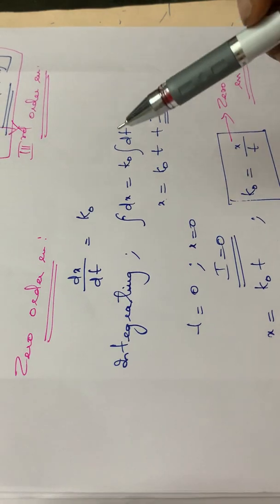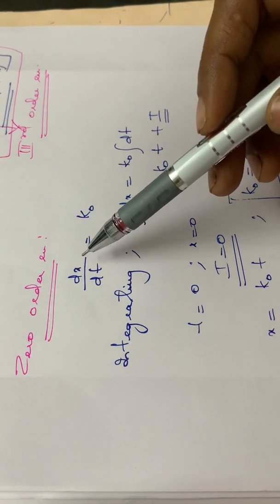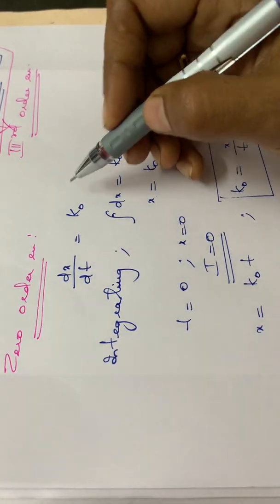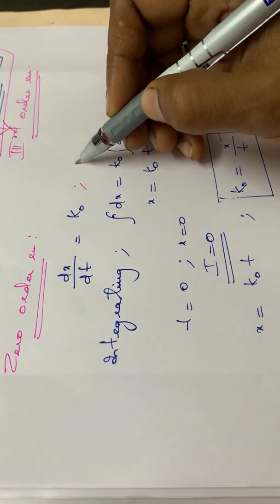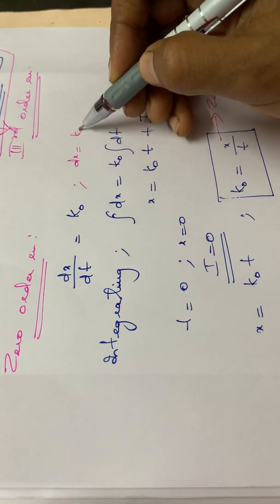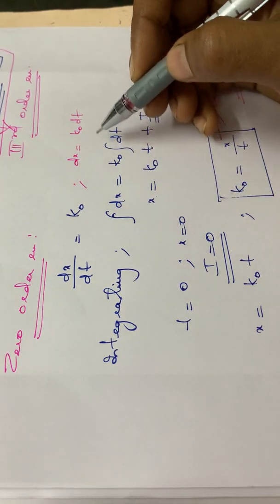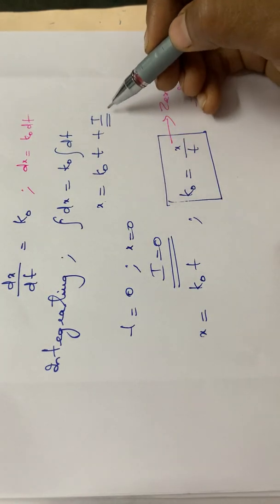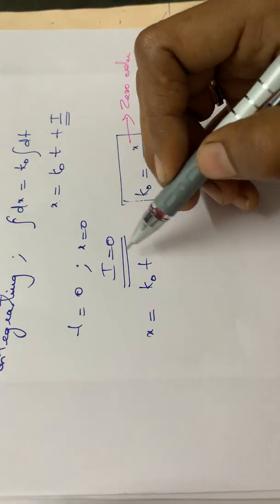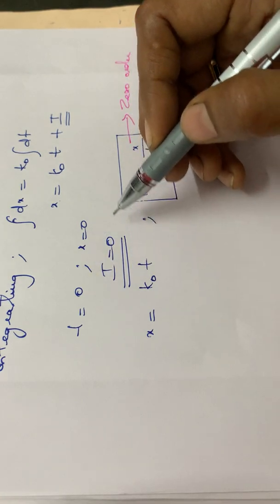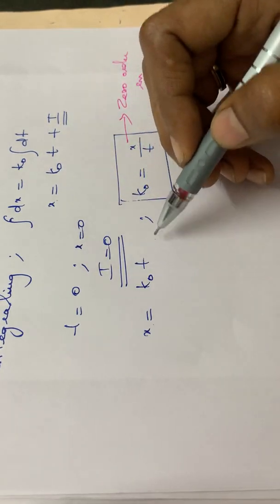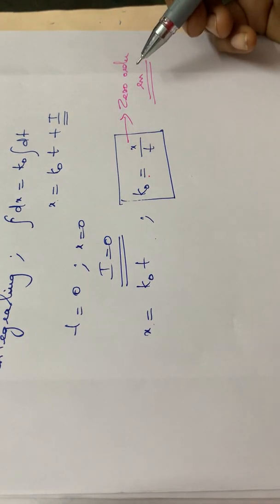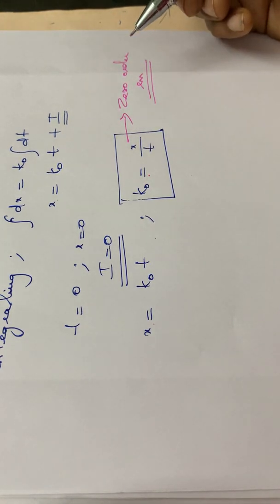Okay, so it is just a simple derivation. You have to write the rate dx by dt is equal to k0, then integration. Here one more step is present, that is dx is equal to k0 into dt. So on integrating this equation, the integral of dx is equal to k0 into the integral of dt. Therefore x is equal to k0 t plus I. Then substitute t equal to 0 and x equal to 0, I becomes 0. So x is equal to k0 t, or k0 is equal to x by t. So this is the integrated rate expression for a zero order reaction.